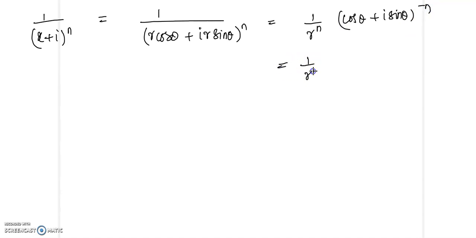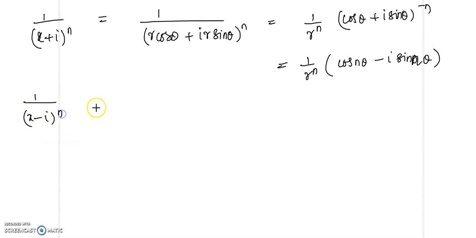So that will be 1 by r raised to n, (cos n theta minus i sin n theta), and (1 by x minus i) whole raised to n. So replace i by minus i in this, so that is what we are going to get. So that is 1 by r raised to n, (cos n theta plus i sin n theta). And now